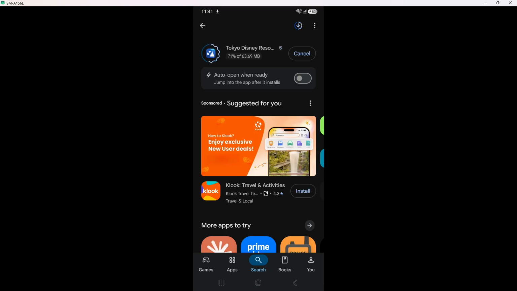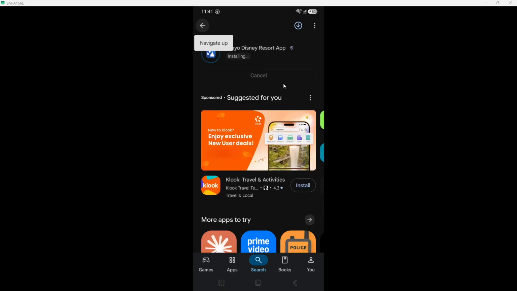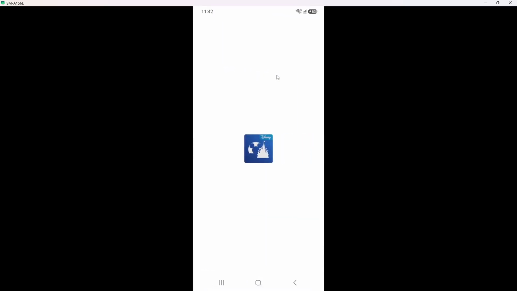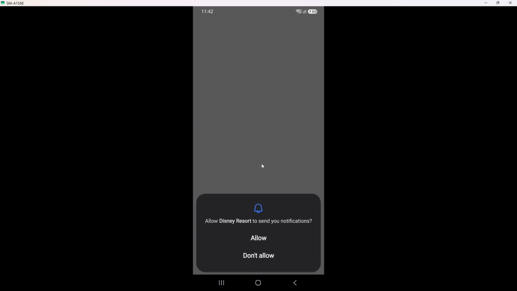Once the app has finished downloading and installing, you will see the Open button appear. Tap on this button to launch the Tokyo Disney Resort app for the first time. This step is significant because you want to ensure everything is set up correctly before using the app. It's always exciting to see a new app come to life on your device, and you will soon be ready